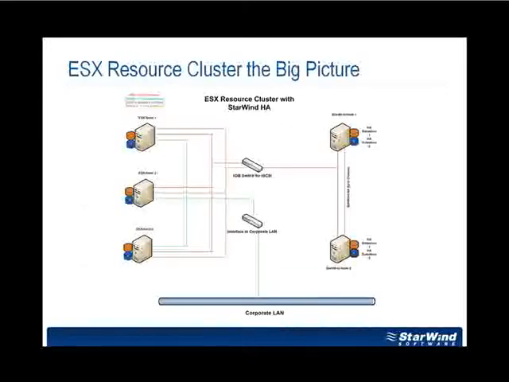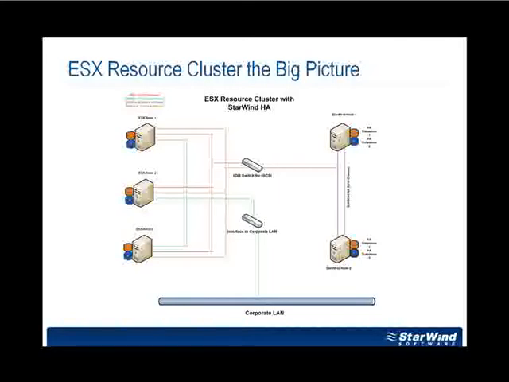So what we're going to do now is transition into the ESX resource cluster big picture stuff. This is really where I want to talk about setting up and what an environment might look like that utilizes ESX with shared storage. In this case, StarWind high availability shared storage. Now, this is admittedly a rudimentary diagram, and I've kept it simple on purpose. I want to be able to point some things out,